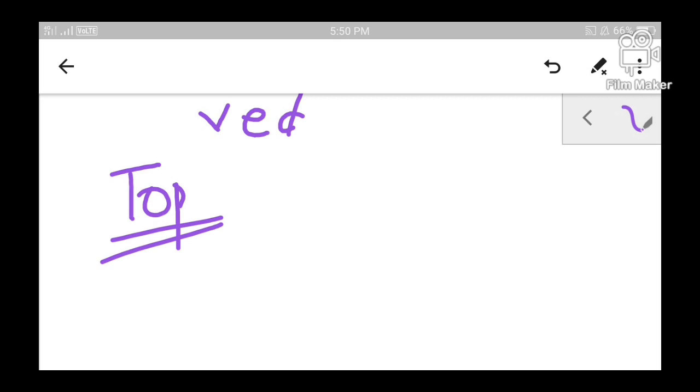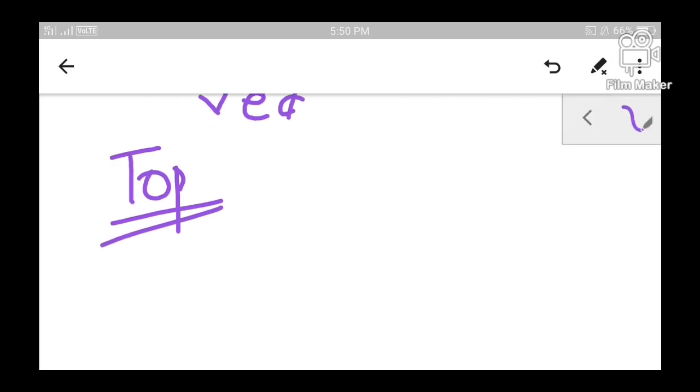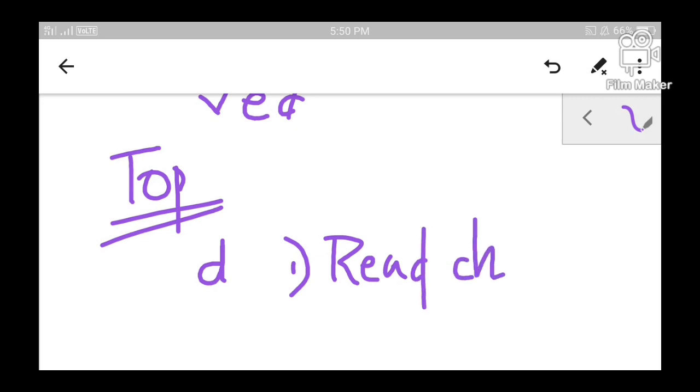If you wish to add a new element, you have to add it on the top of the stack. If you wish to delete an element, then also you have to delete the element which is at the top of the stack. Okay, so the only element that you can access is the element on the stack top. So first we will be reading a string. So using the keyboard, let me read the first letter D. So I am going to read the letter D. Okay, so what will be our first step? Read the character.